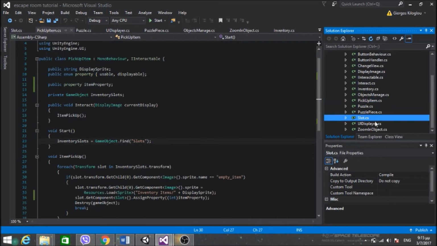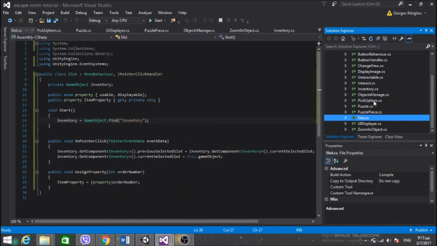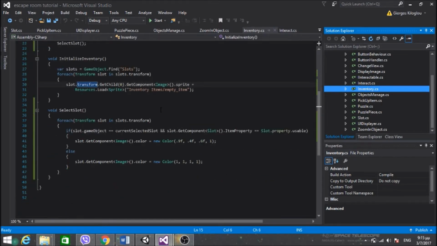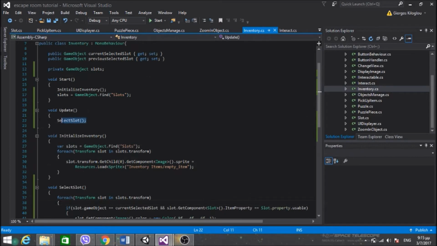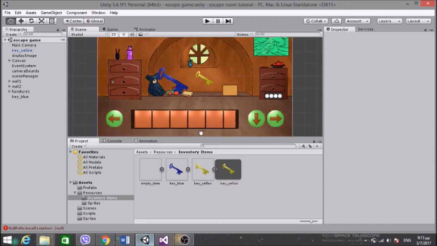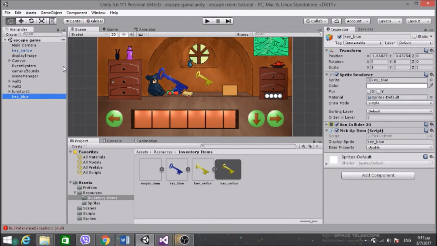I almost always forget to put the functions in the update and the start. So in the select slot, put it in the update, in order to make it work, because you need to call it every frame,